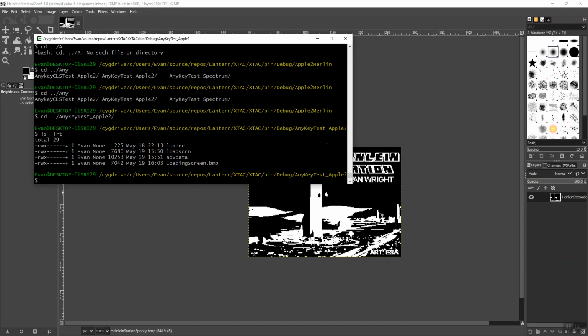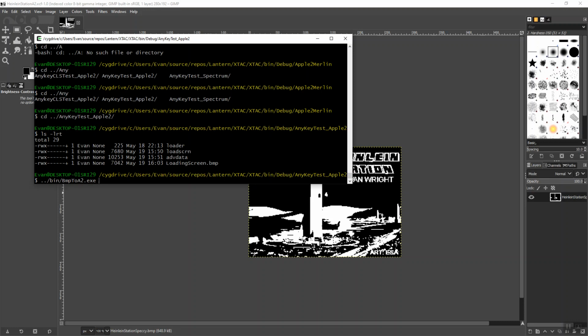Now, Apple II can't handle bitmap files. It's got its own weird screen layout where the lines are all interlaced and there's 7 bits per pixel. So it's its own weird landscape. However, I've written a tool that'll convert the bitmap to an Apple II screen file. It's in the bin folder. So all you have to do is just run that command,